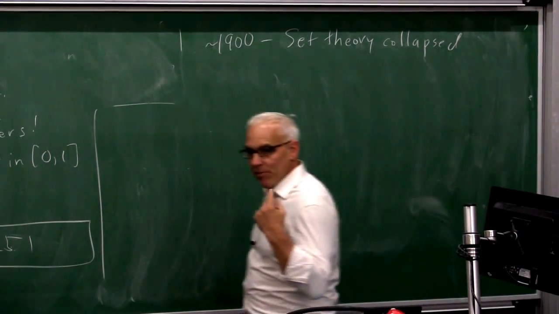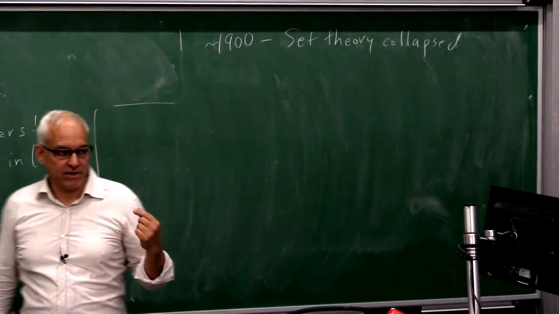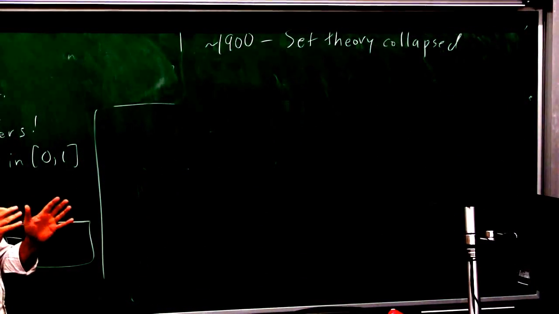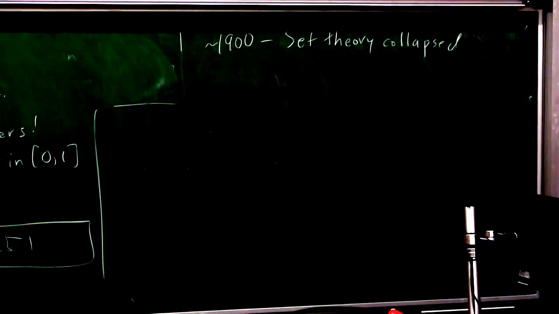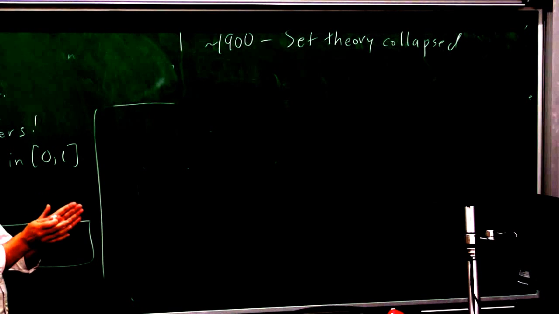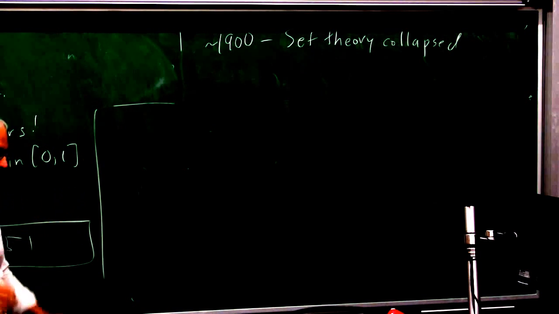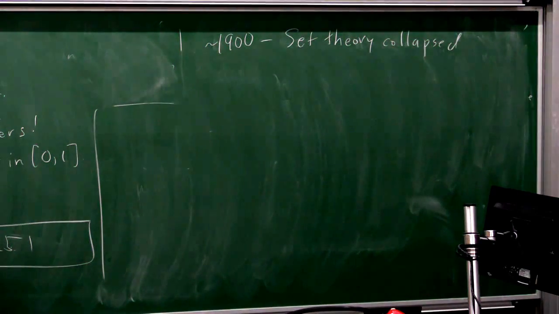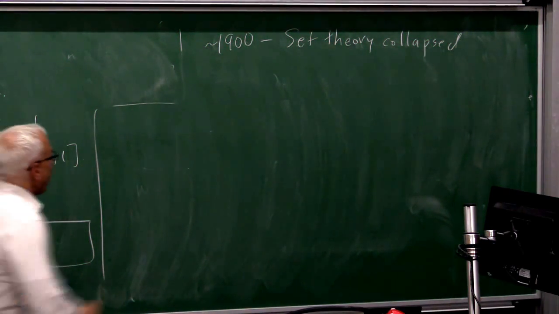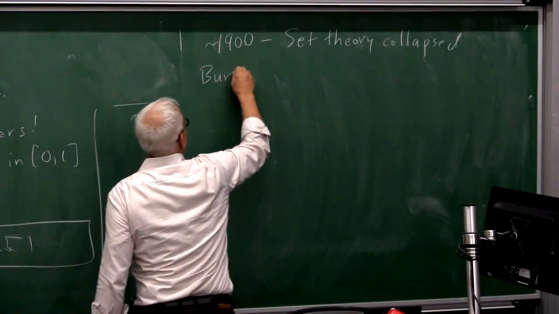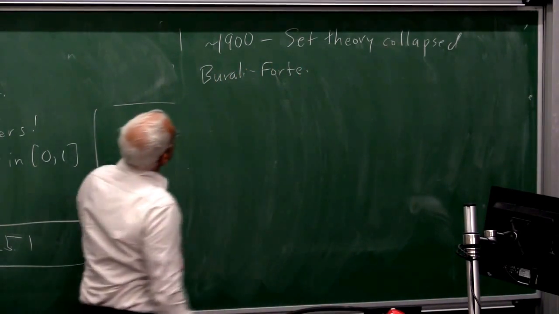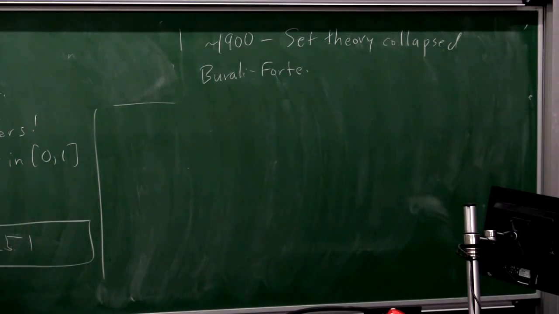But what happened is that people discovered paradoxes. Some of them were minor paradoxes that were on the fringes, but then there was one paradox that was clearly unavoidable. No one could get around it, and that really collapsed the whole thing. So what are the kinds of paradoxes that were involved? Well, one of them was called the Burali-Forti paradox, which goes back to the ordinals.